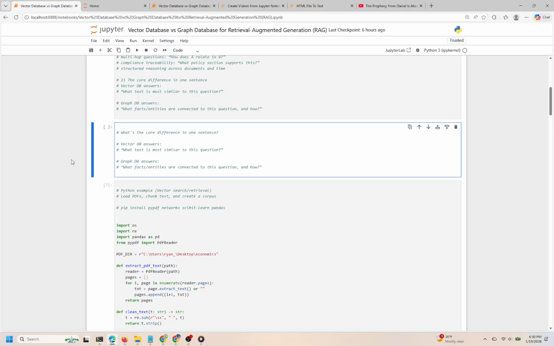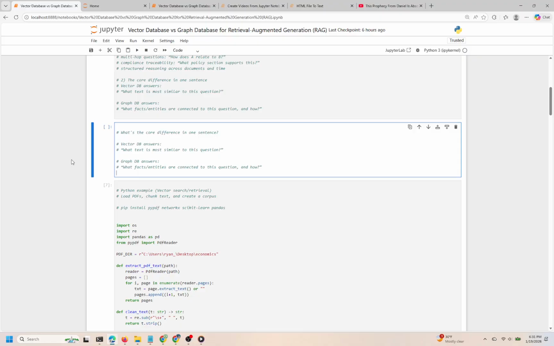When you ask, "What text is most similar to this question?" the vector database employs various mechanisms to understand the nuances of language and context, often relying on techniques from machine learning and natural language processing. It transforms text into a numerical form, known as vectors, allowing it to calculate similarities efficiently. This process is crucial for applications like recommendation systems, where understanding user intent and preference can significantly enhance the user